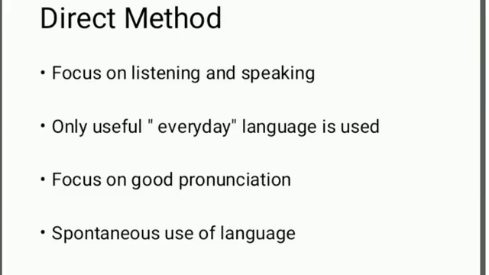The weakness in the direct method is its assumption that a second language can be learned in exactly the same way as a first language, when in fact the conditions under which our second language is learned are very different. So that is the weakness. It takes into consideration that all the way in which we learn a first language can be used to learn